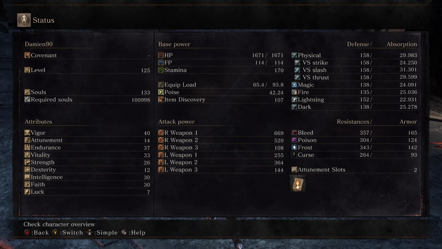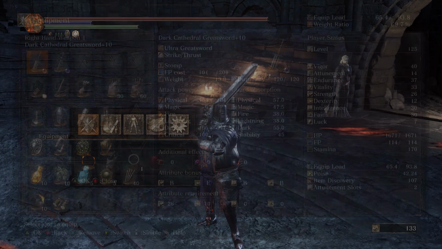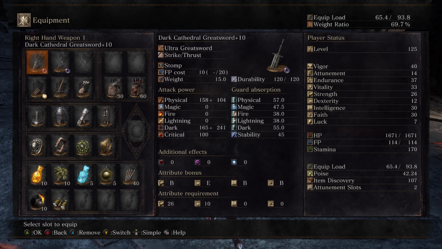So we've got 40 Vigor, 14 Attunement, 37 Endurance, 33 Vitality, 26 Strength, 12 Dexterity, 30 Intelligence, and 30 Faith. Now two-handed with a Dark Infusion, and these stats, the Cathedral Knight Ultra Greatsword gets 669 AR, so not too shabby at all. Now over to the equipment page, the Cathedral Greatsword here at plus 10 with the Dark Infusion